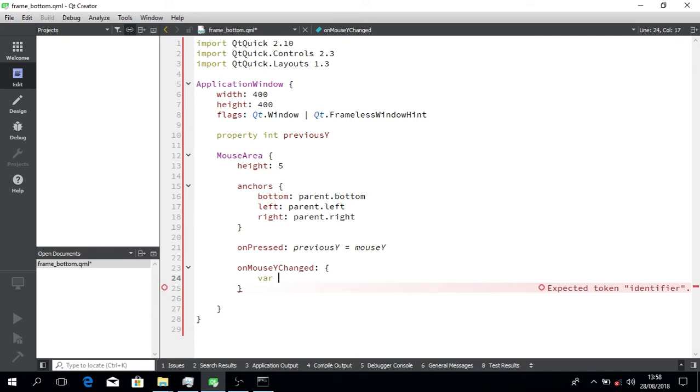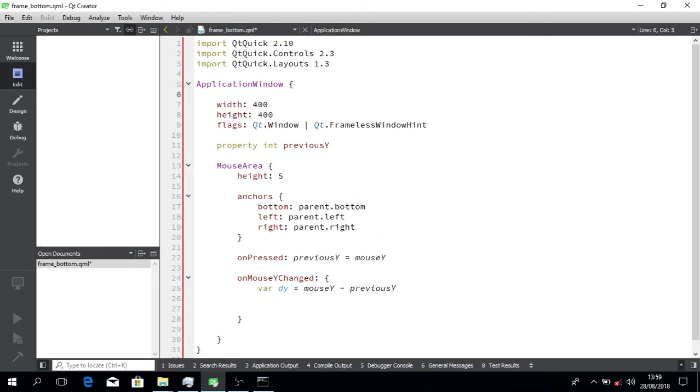We want to add the derivative. I say this to it, which is subtracting previous from the current mouse position. And after we do that, I'm just gonna go through this time. I'm gonna give it an ID. Main